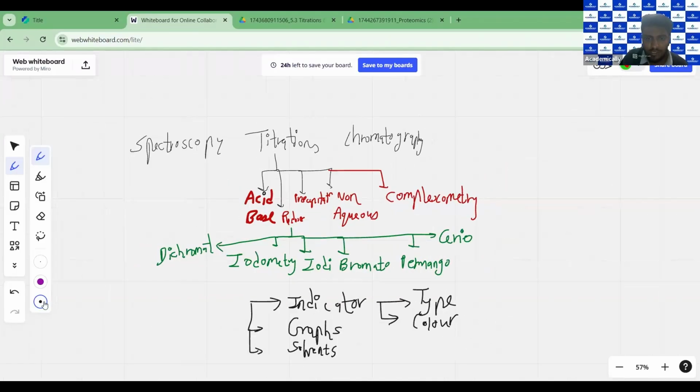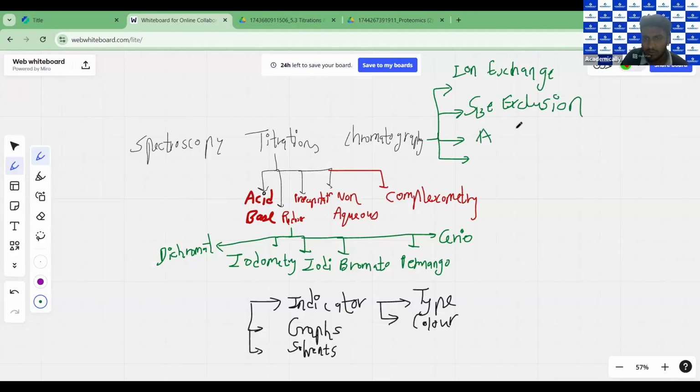Chromatography. So we have studied about the different types of chromatography techniques, right? What are the different kinds of chromatography techniques? Ion exchange, size exclusion, and size exclusion is also called as gel permeation or gel filtration chromatography. Affinity chromatography, in which we have a affinity between a protein, a ligand and a receptor, enzyme and a substrate. So, affinity chromatography. Then we have high performance liquid chromatography,